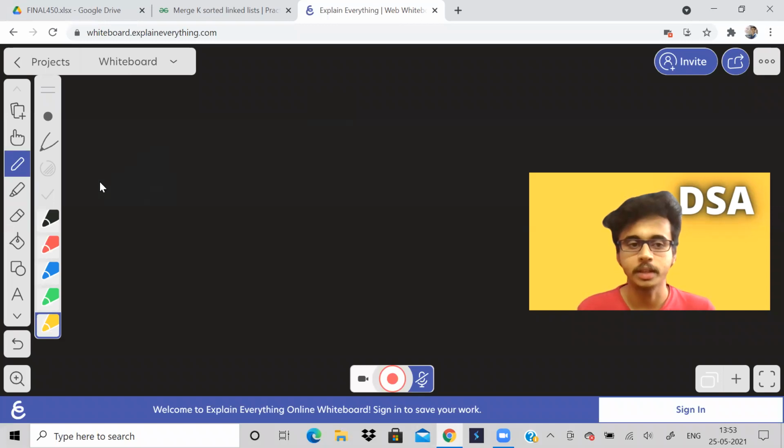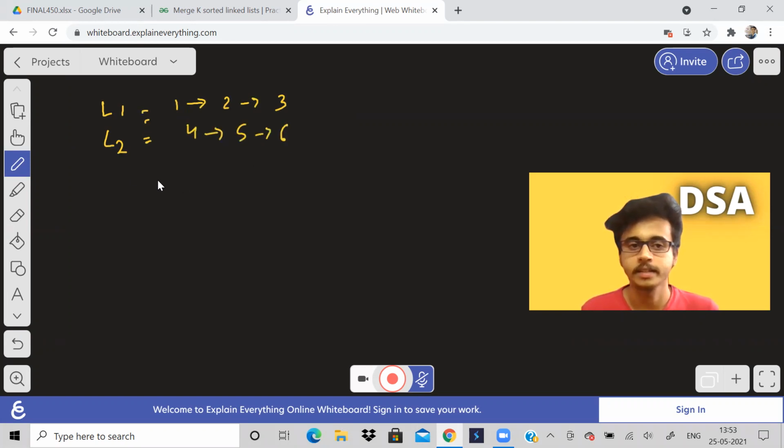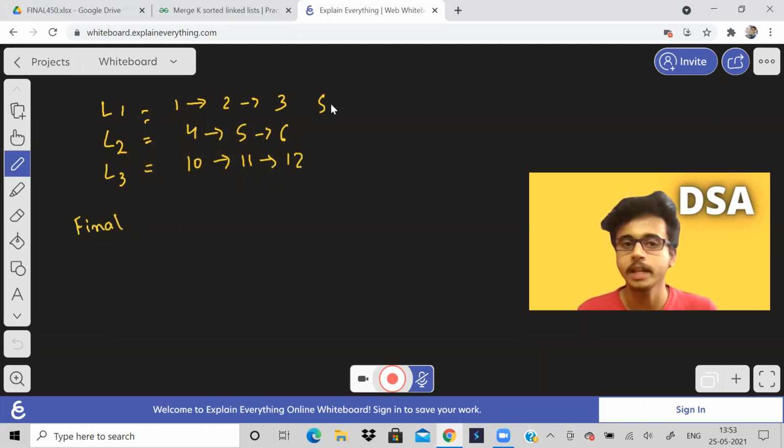So for example, if there are linked lists, linked list 1 is 1, 2, 3, and linked list 2 is 4, 5, 6, linked list 3 is going to be 10, 11, 12. So the final linked list, see all these three are sorted.